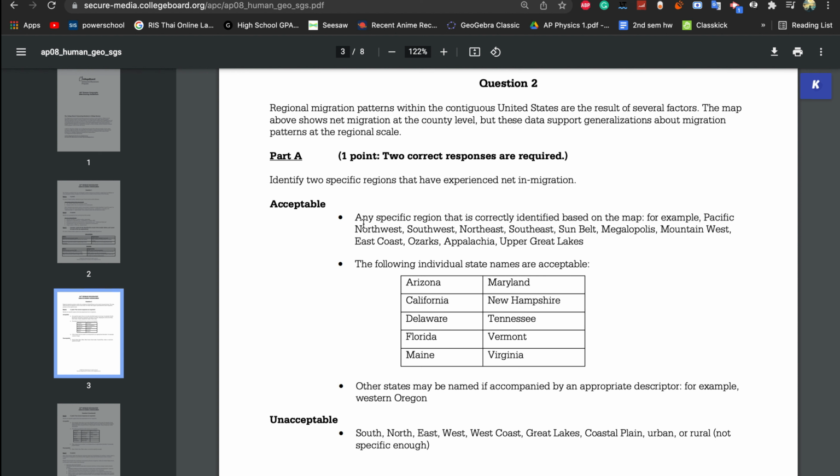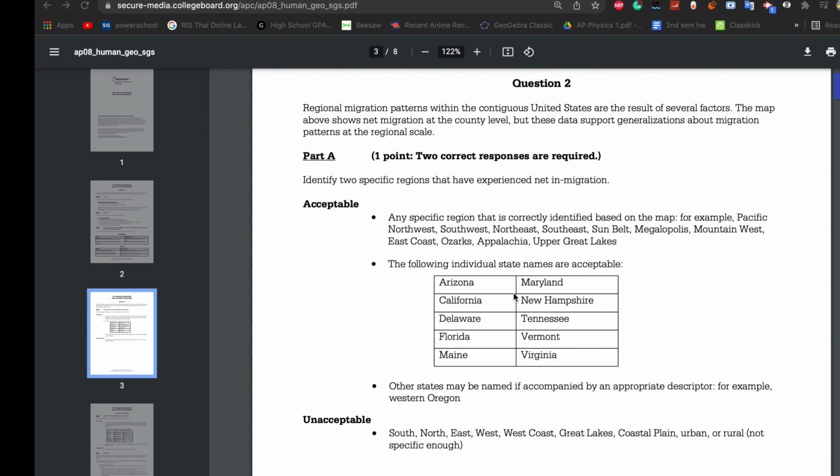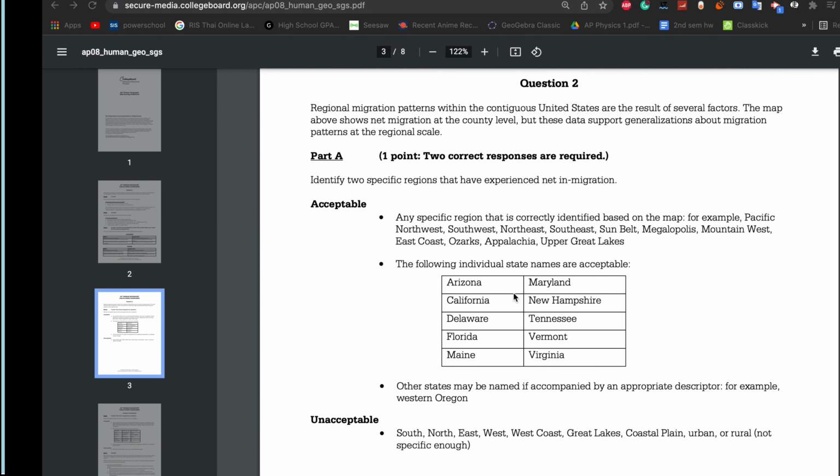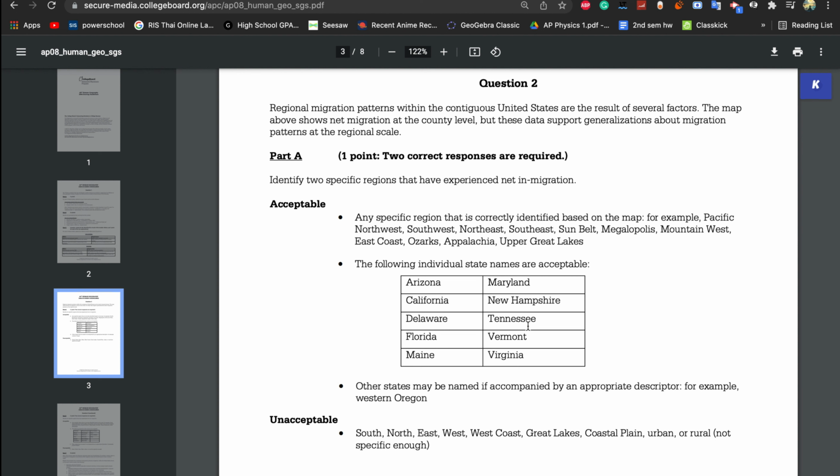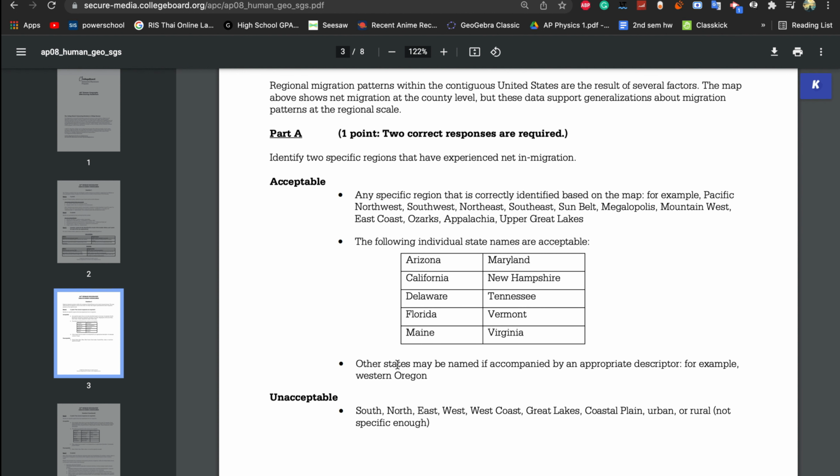The Southwest, Northwest, these are very populated areas. Upper Great Lakes, Michigan, etc. You could give specific state names: Arizona, Maryland, Delaware, Tennessee. There's a lot, and other states can also be accepted if you are giving specific